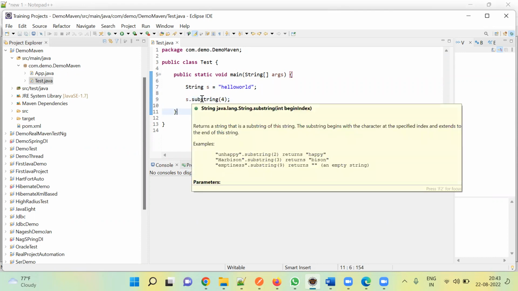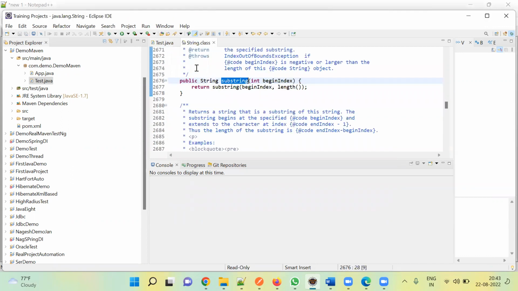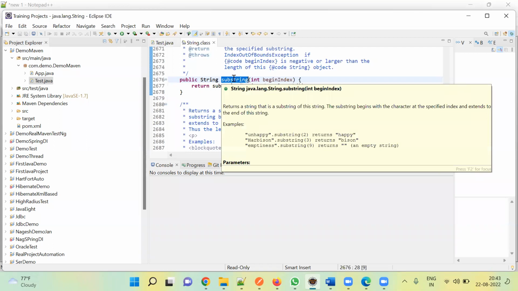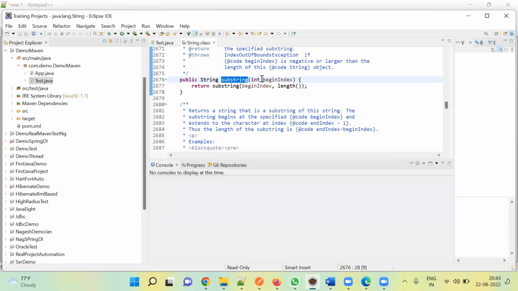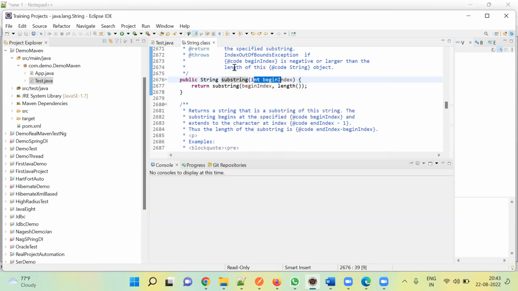How you can see: long press control and go to the implementation. So it will open the string class which they have implemented. Here the return type of the method is string, and substring is the method name. And here what they are passing is begin index. Only one value they are passing, one inline parameter. Now